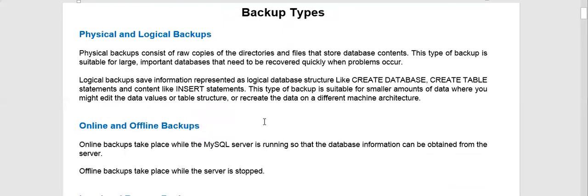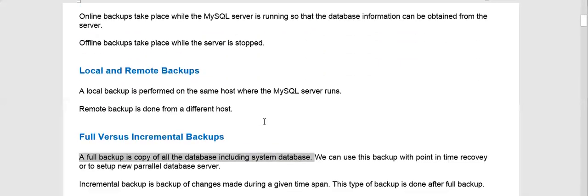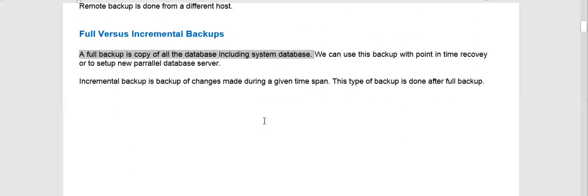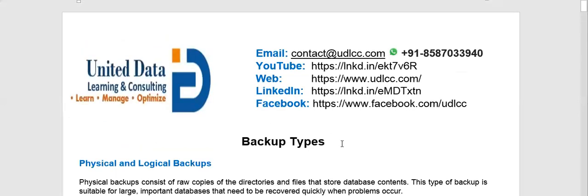In our second video, we'll discuss logical backup and restore concepts and their practical sessions, I mean the lab sessions of logical backup and restore. So let's enjoy the second video after this.